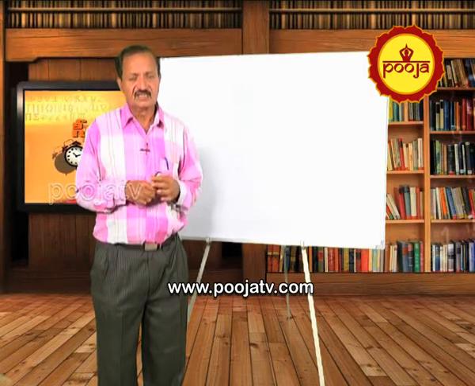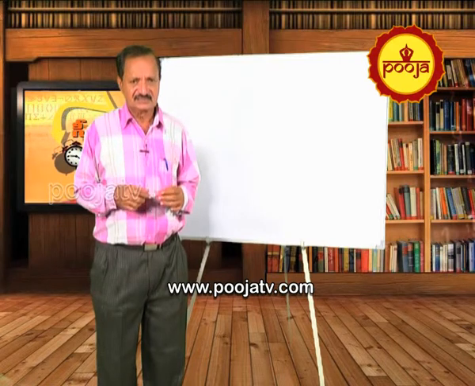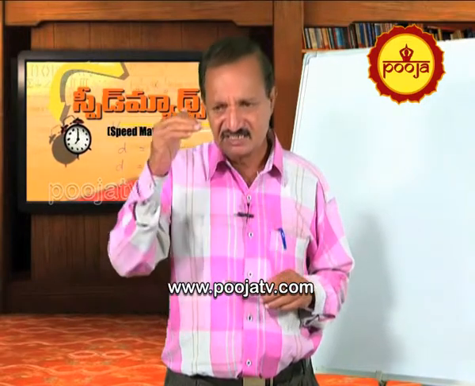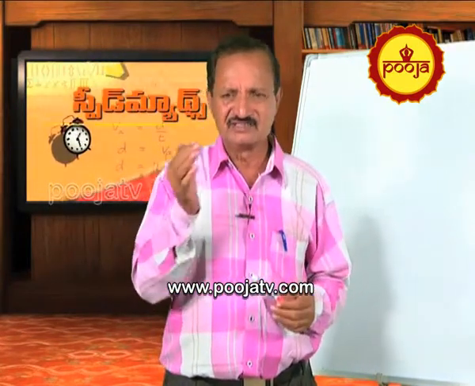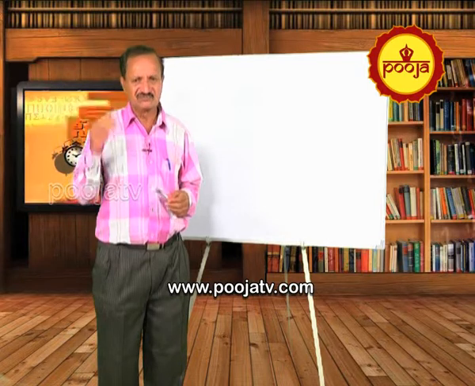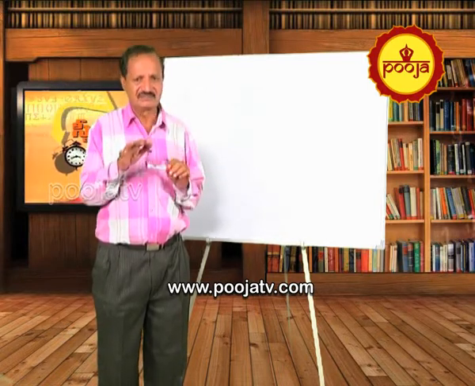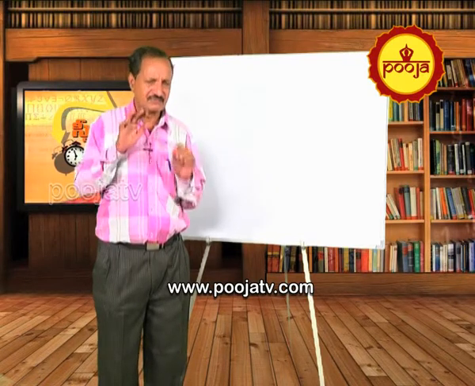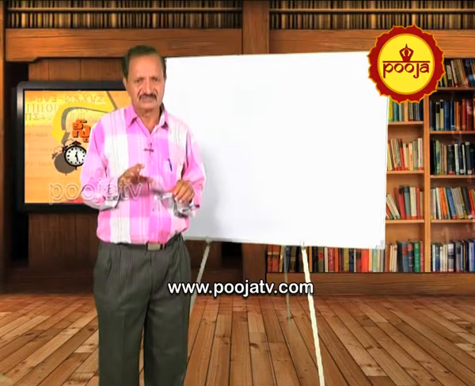Namaste. In the recent episodes, we have seen multiplications. I have neatly explained how to multiply 2 digits into 2 digits, 3 digits into 3 digits, 4 digits into 4 digits, 5 digits into 5 digits, and again 4 digits into 3 digits, 5 digits into 4 digits, like that. We have seen all types of multiplications. I am sure I have explained all types of multiplications fully with many examples.